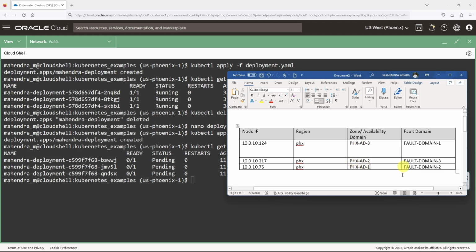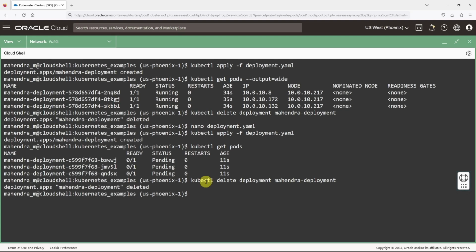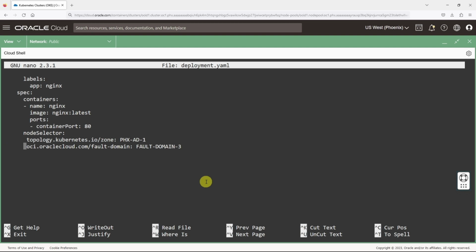And now if I go to the deployment manifest file and change the requirement for the fault domain to fault domain 2 instead of fault domain 3, the pods will be scheduled on worker node with the IP 10.0.10.75. I'll first delete the deployment using kubectl command. I'll now open up the deployment manifest and let's quickly edit the requirement here, which is I'll change the fault domain here from 3 to 2 as we have a worker node running in fault domain 2 within phx-ad-1 availability domain. You save the file